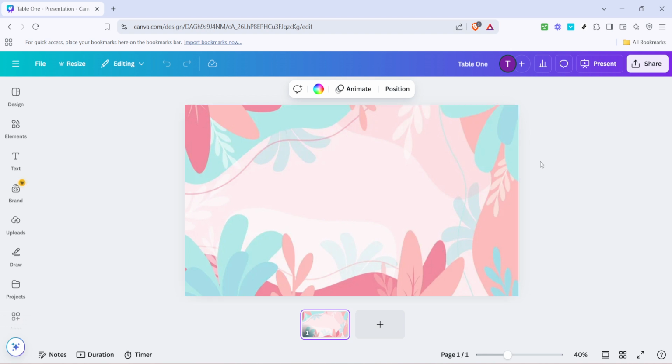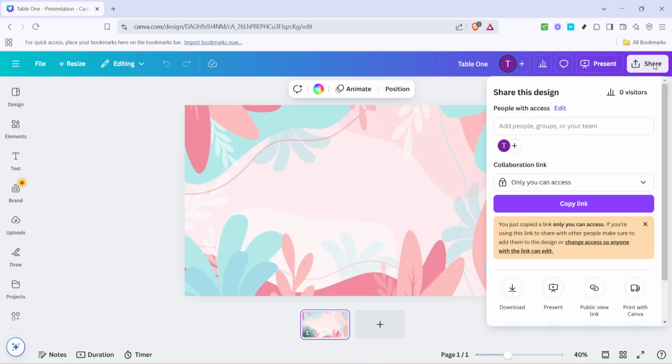When you have your design open and ready on Canva, you'll find the share button in the top right corner of your screen. It's usually displayed as a rectangle with an upward arrow, standing ready to help you broadcast your design to the world. Now moving on to the next task, when you click that share button, you're greeted with